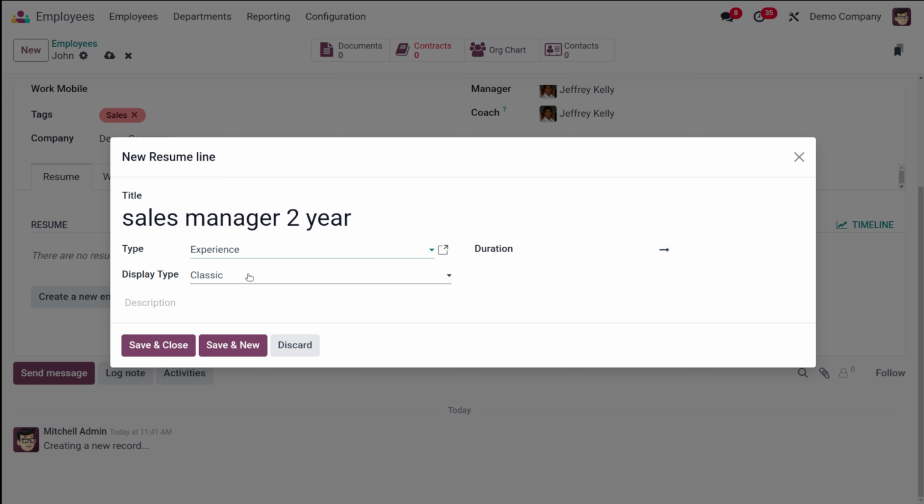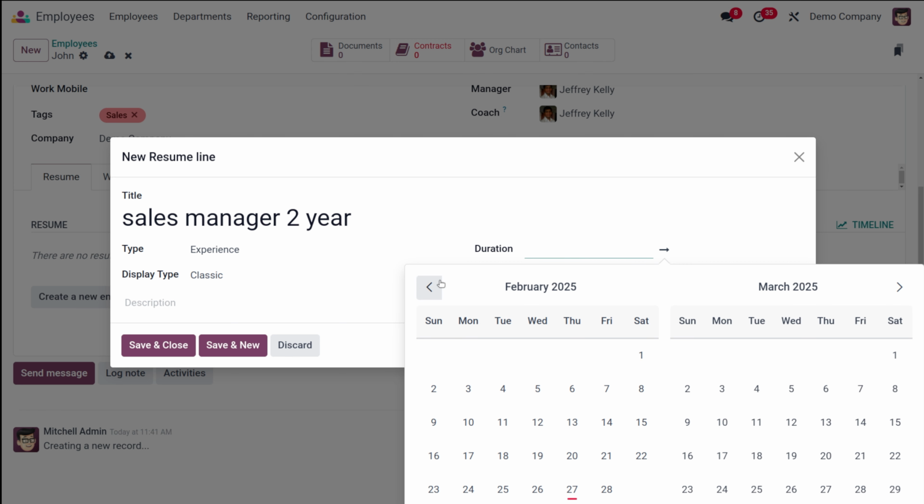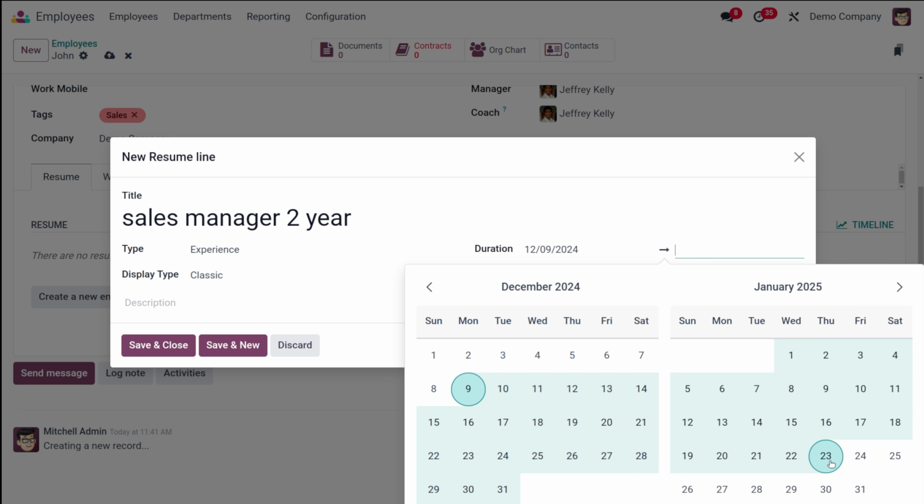Then you have the display type. So you have to choose how the experience should be displayed, whether it's a classic mode, certification and all. So let it be classic as I've chosen experience over here. So you can put education, anything can be given over here like social media, side projects and all. So let it be experience itself and let it be classic. Then you have the duration. So you have to enter the start and end dates of it. Okay. So any start and end date can be provided over here. So I'll give some random number.